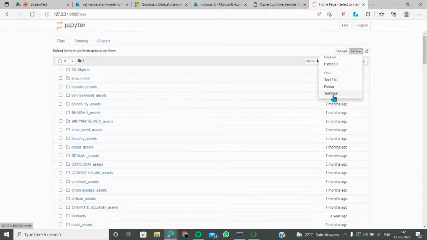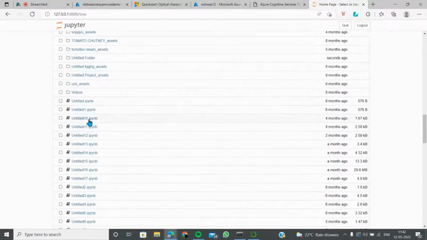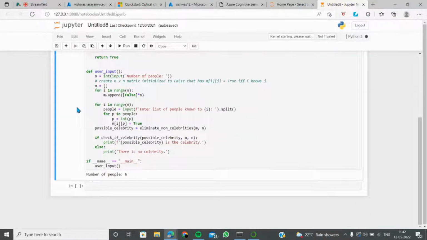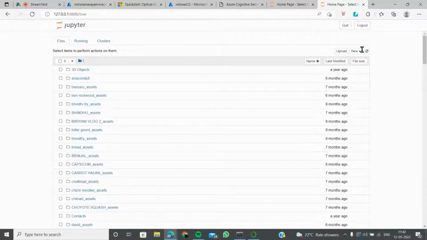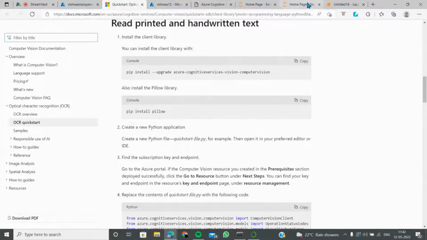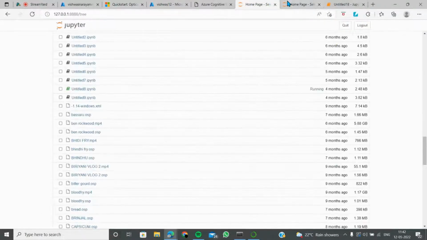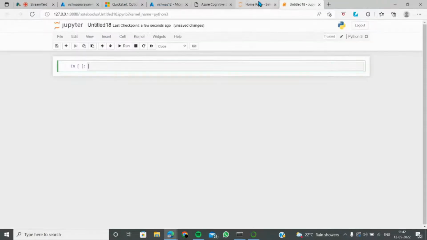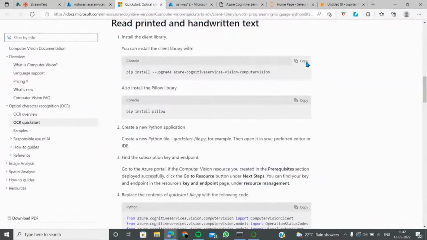Let's say I want this to be in some new folder, so that will be an untitled folder. There are a lot of notebooks already generated from my sister. This is my sister's laptop, so I can't do much here. So let's do one thing. Let's do one more, cognitive services, Python 3, a new notebook, and let's start running it. I opened this in my own notebook, so that's okay. That's absolutely perfect. So we can go for the quick start image and start running.